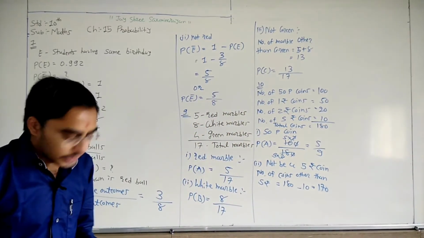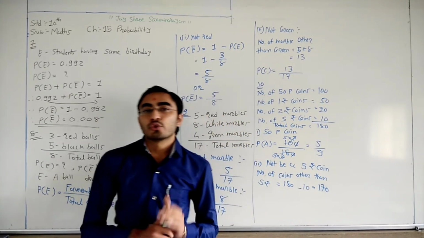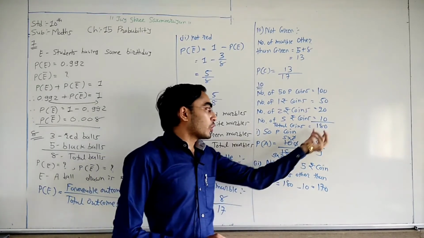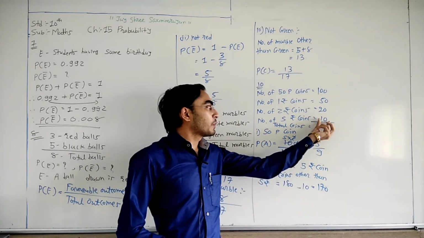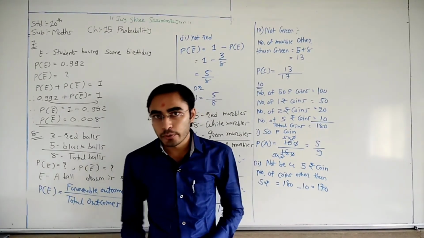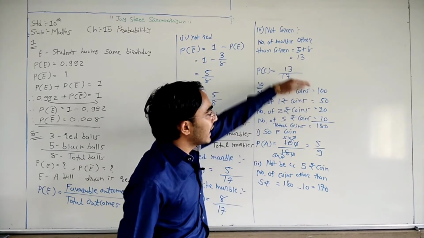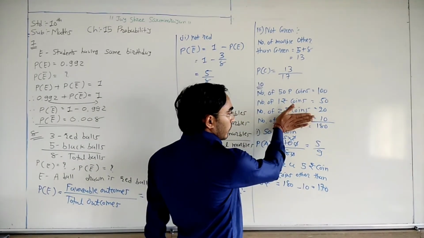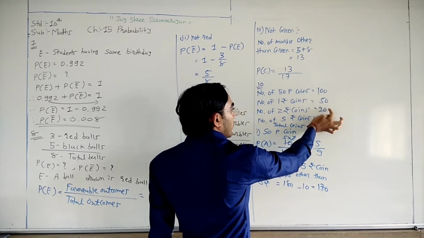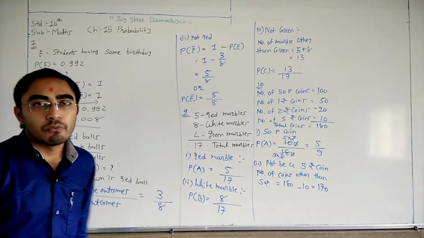Right? Here we need to find the probability for not being a 5 rupee coin. So in total how many coins do we have other than 5 rupee? So total coins we have 180. Now subtract the 5 rupee coins. So all the other coins are other than 5 rupees. Otherwise, we can directly add these numbers. That means we do not need to consider the 5 rupees coins. So 100 plus 50, 150 plus 20, then we get the same answer, 170.